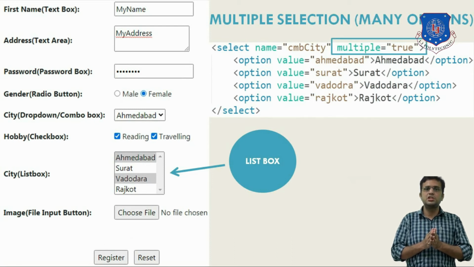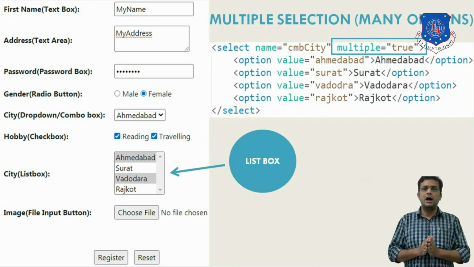So to create a list box, you have to add a property multiple and set it to true. By writing this, you can create a list box in a web page. So these are all the form elements in which you can provide user with options and user can select one or more options from them.